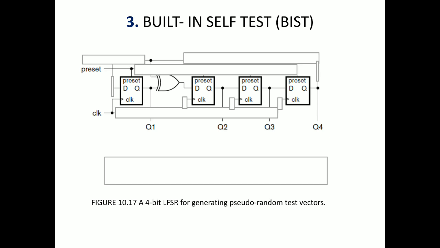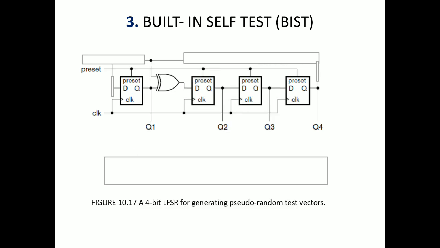Next, we said synchronous LFSR means clocks are common. We'll construct the common clock. You can see the common clock connections are there. Now we have 4 flip-flops, all working synchronously with a common clock, and all the flip-flop outputs are parallel: Q1, Q2, Q3, Q4. Next, we said we need a common preset, so we need to have a common preset.